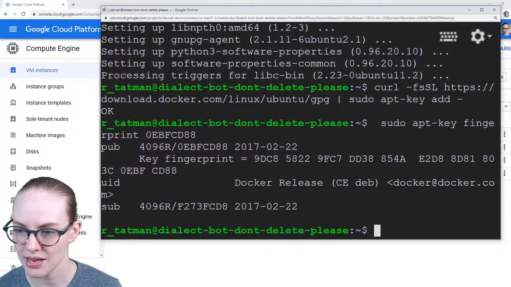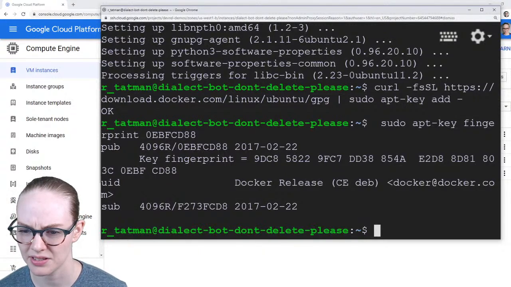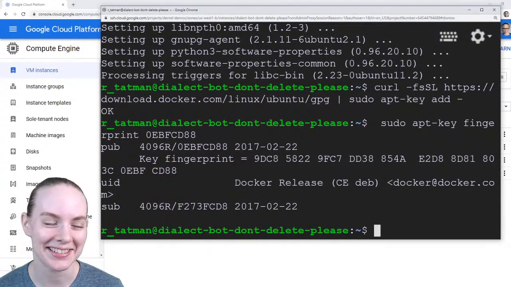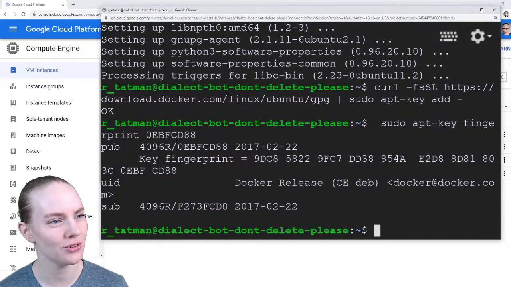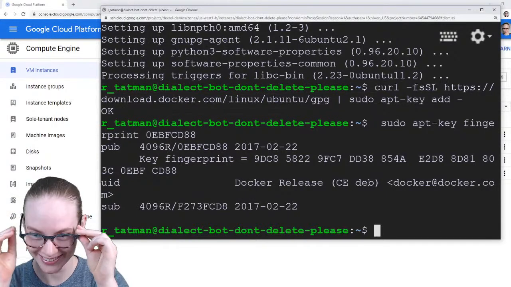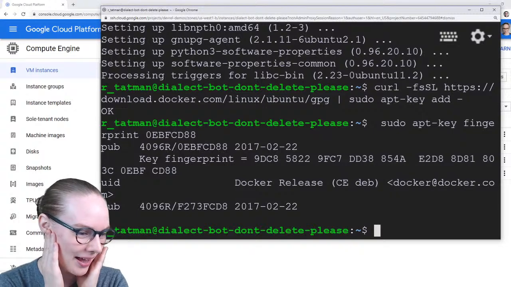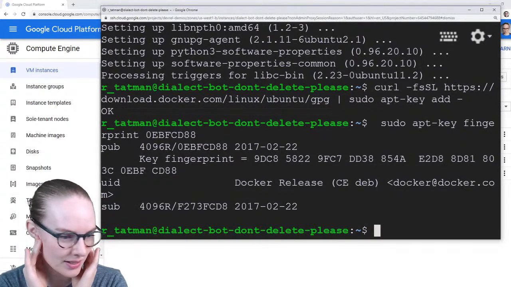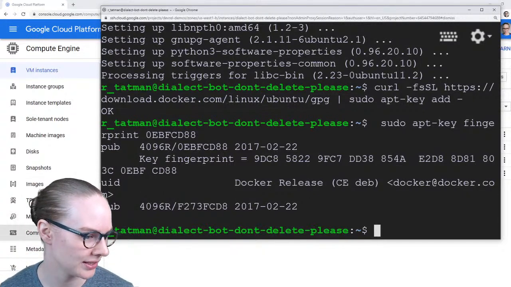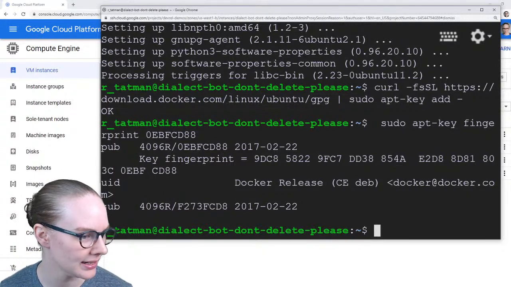And then Docker release 2017. I looked at that date and was like, 2017's in the future. It sure ain't. It is not. Wowee. Okay. Unknown Docker release. Okay, so that looks as expected.